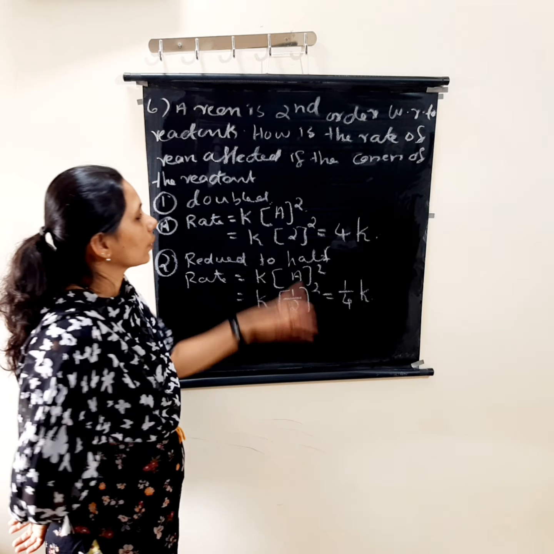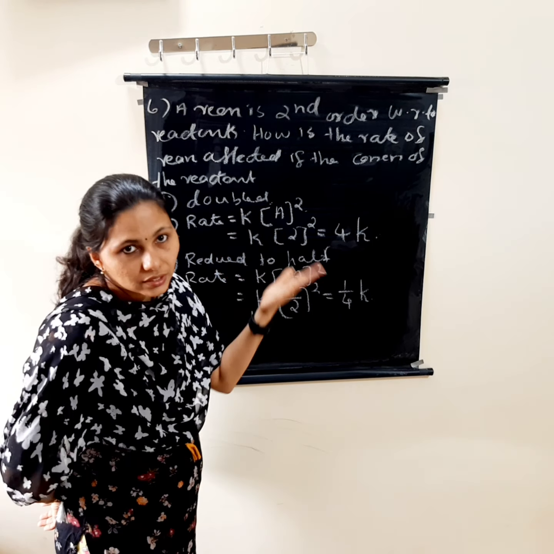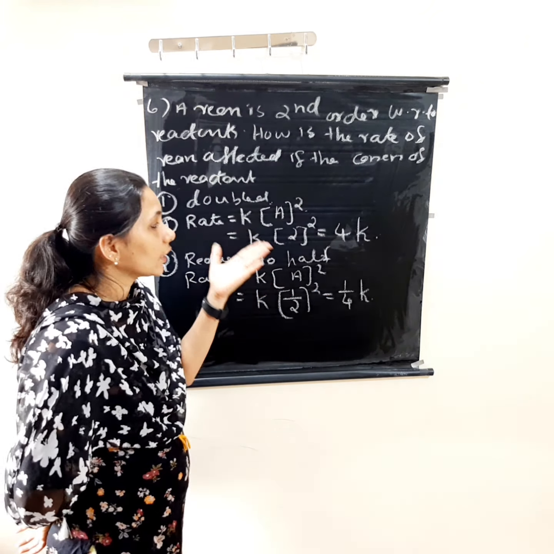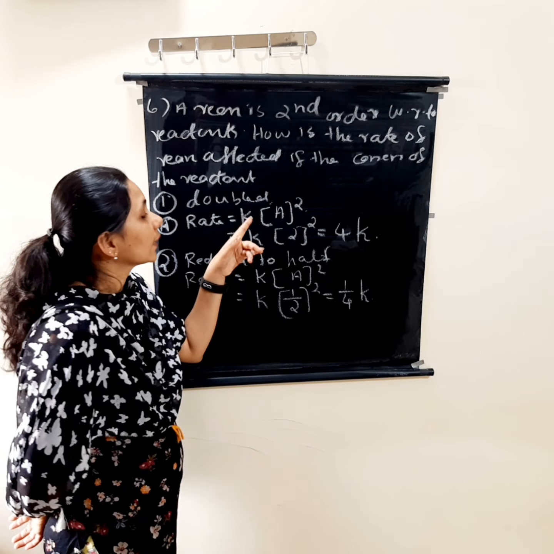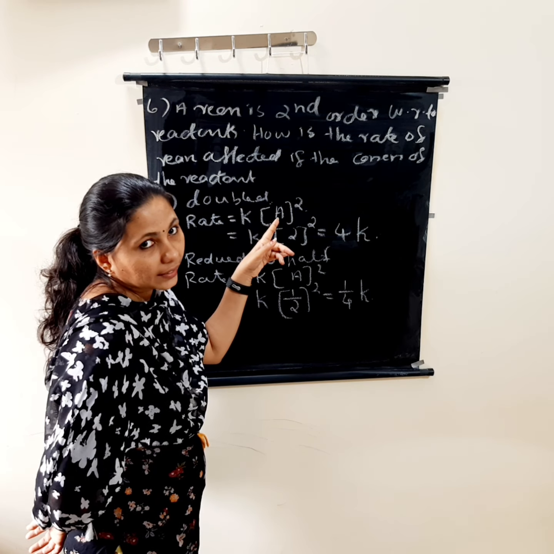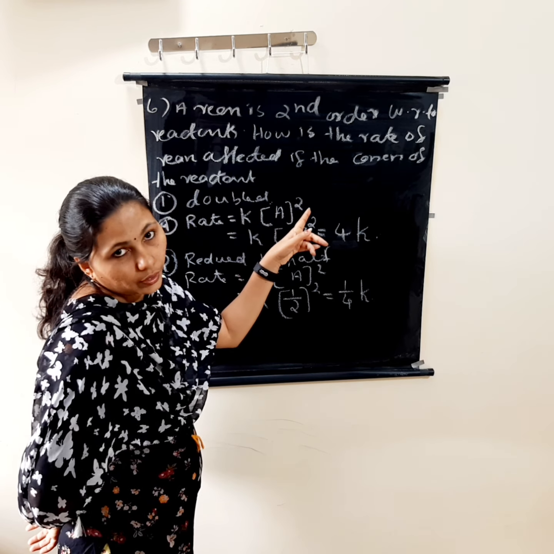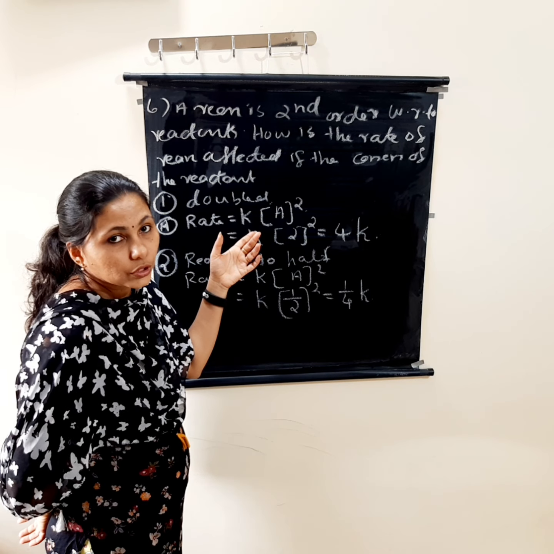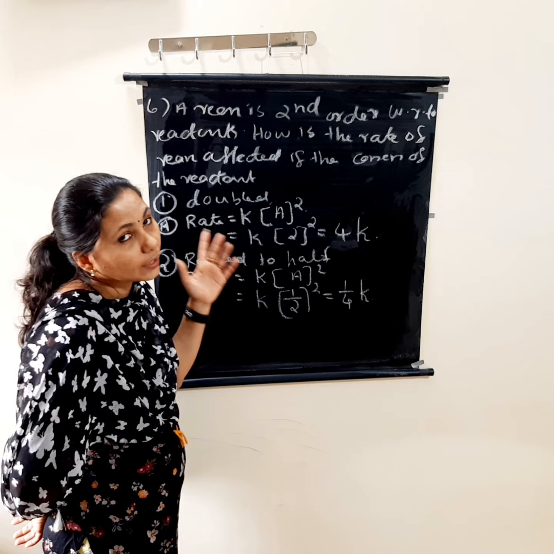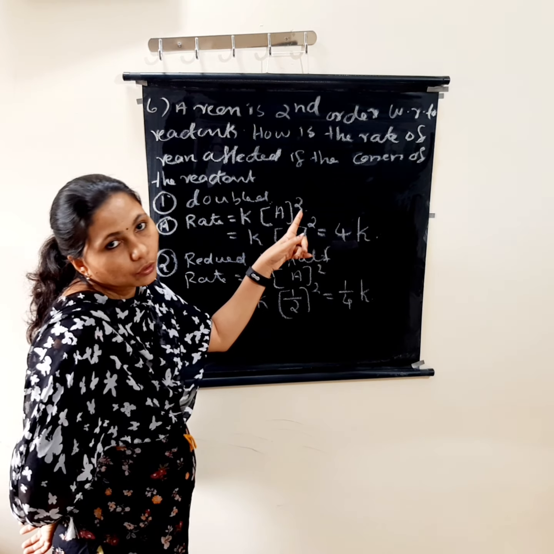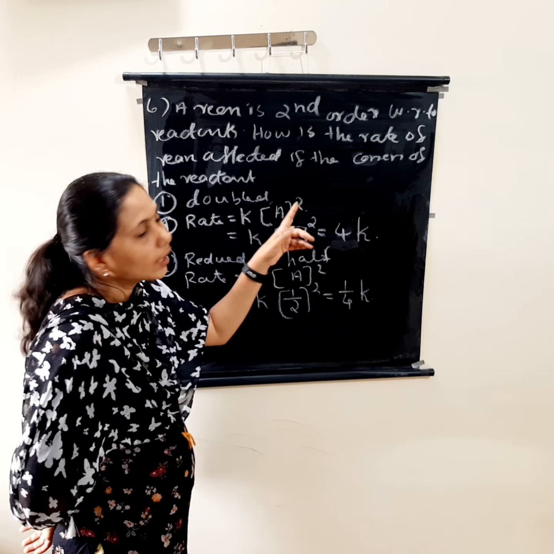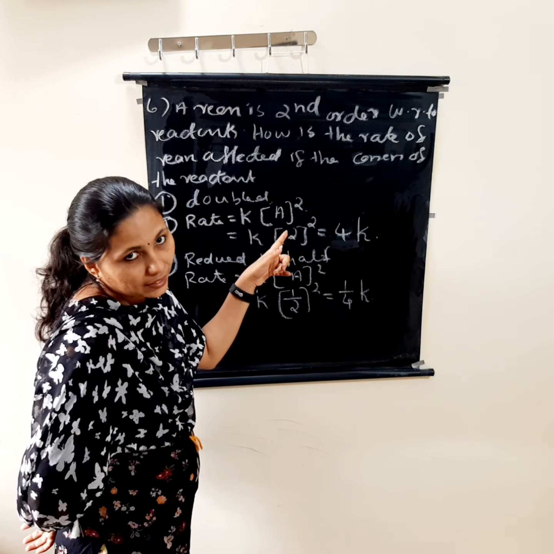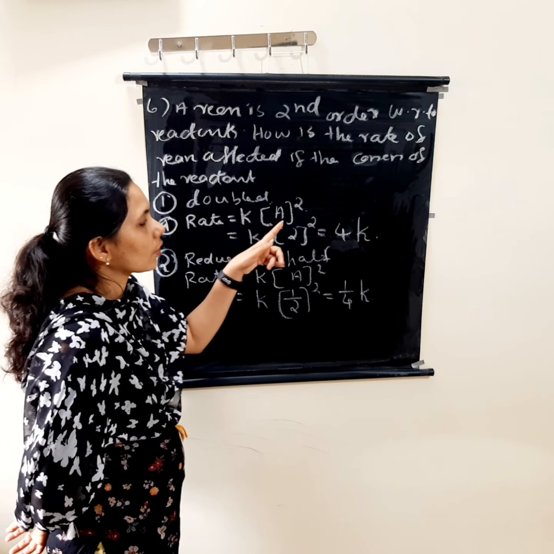So first case, we have to take that the concentration of the reactant is doubled. We know, according to the rate law expression for a second order reaction, rate equal to K into concentration. We are considering the reactant as A, so A square. Why? Because it is a second order reaction. K is the rate constant or velocity constant. This is according to the rate law expression. If it's a first order, we have to put 1. This is given as second order, so it is depending on the second power of the reactant concentration. So rate equal to K into concentration of A square.